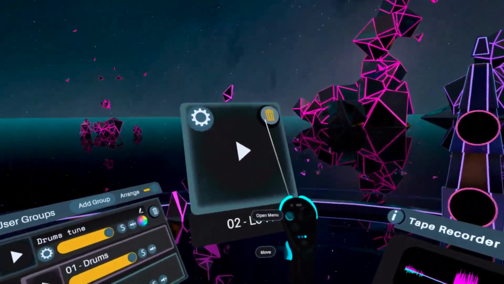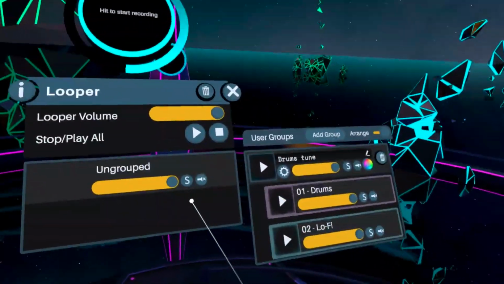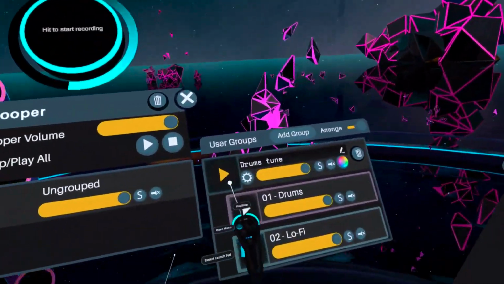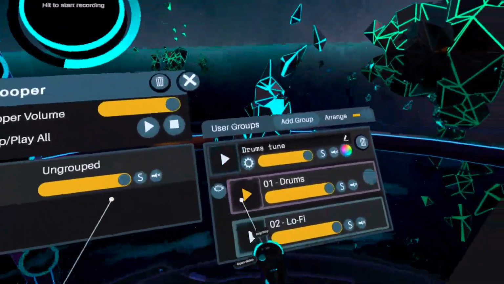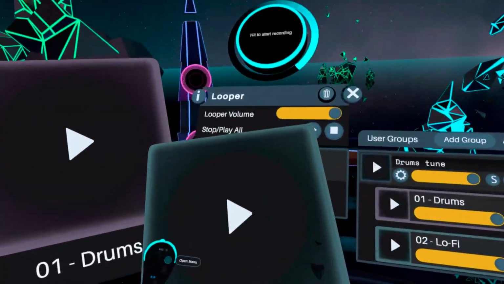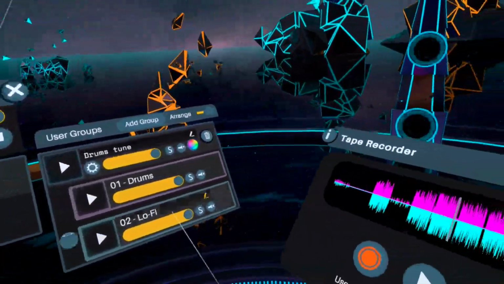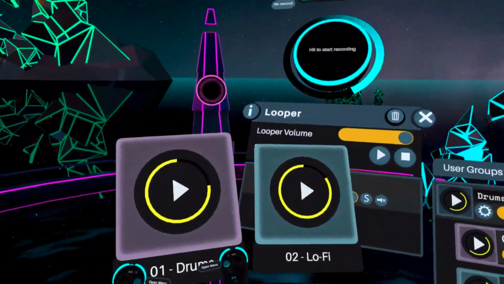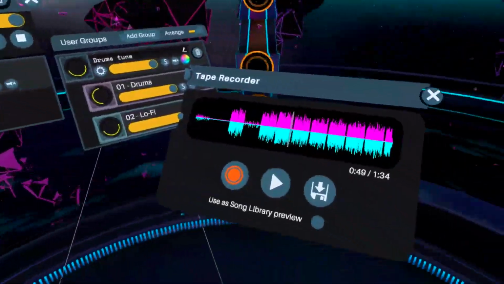This is something else it doesn't actually tell you. So if you have your looper system out like this, instead of coming back over here and pressing on the buttons, you can pull these out. So you can have these set up in different positions around you if you want. Obviously, you know what they are. And then you can